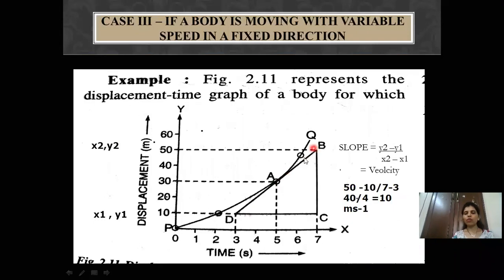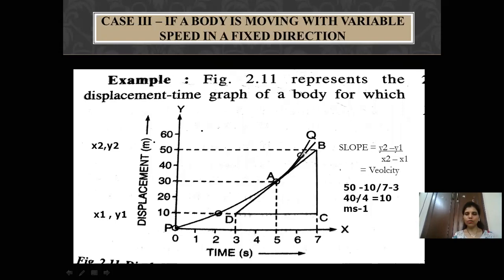Now you will see that suppose you are going to plot the line which you have drawn, if this particular line is drawn from this point, if you change and draw it from here, suppose you draw this line from here and then you take the slope, the value of the slope you get from each point is going to differ. The reason is it is a variable velocity.